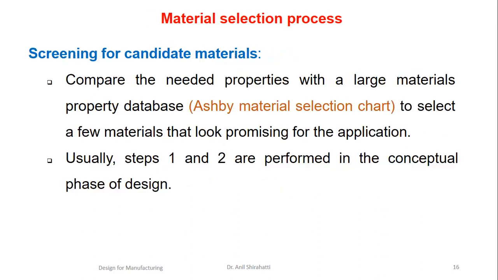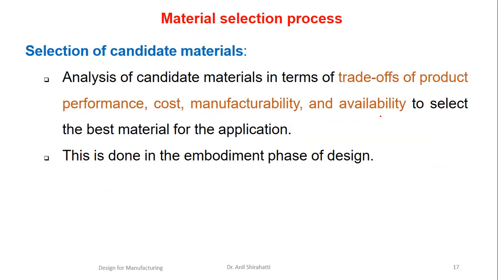Second, you can use the Ashby material chart for the material selection. You may have been given different options, so you can add your variables like properties. Next you can add the cost, availability, and then do the selection. So this chart will help you in that part. Okay, we will see more detail about the Ashby chart in the last few slides.